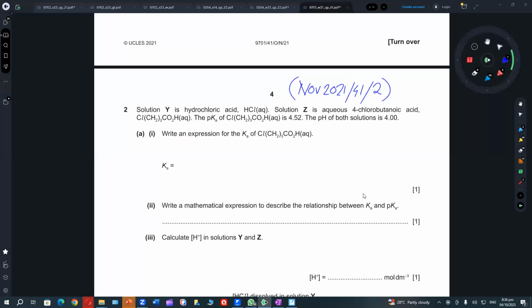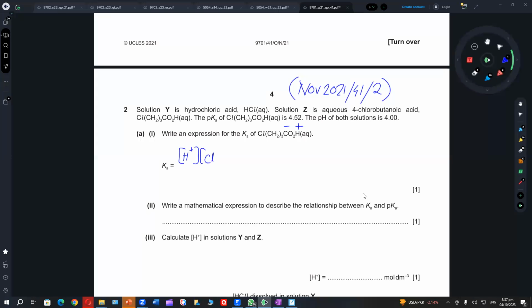Solution Y is hydrochloric acid. Solution Z is aqueous 4-chlorobutanoic acid. The names are given. So if we start with chlorobutanoic acid, we can make a general equation first. And we know that every acid has a tendency to release H plus. So we will get an H plus here. This will be plus and this will be minus. So if I start writing it, I can write H plus